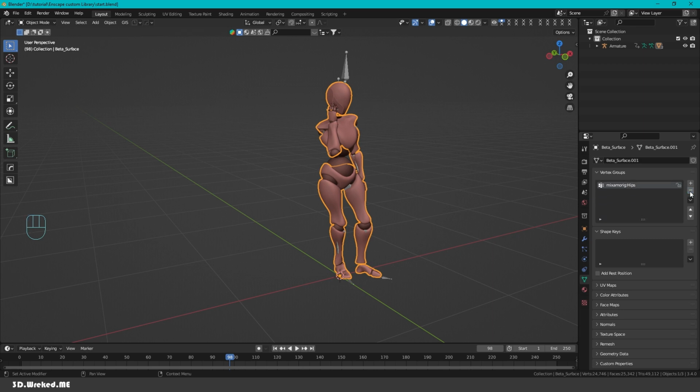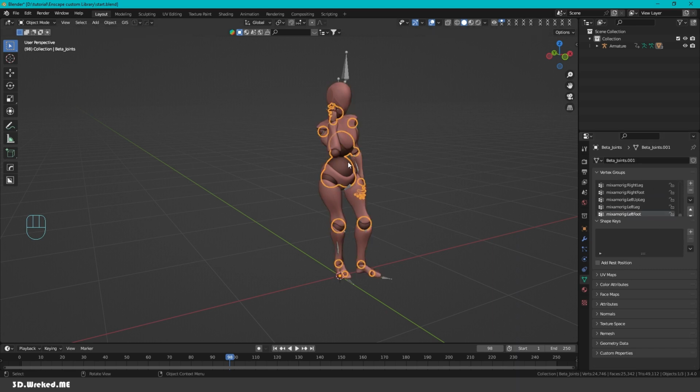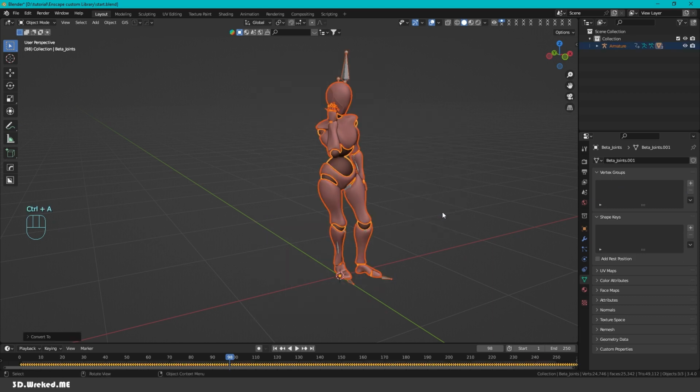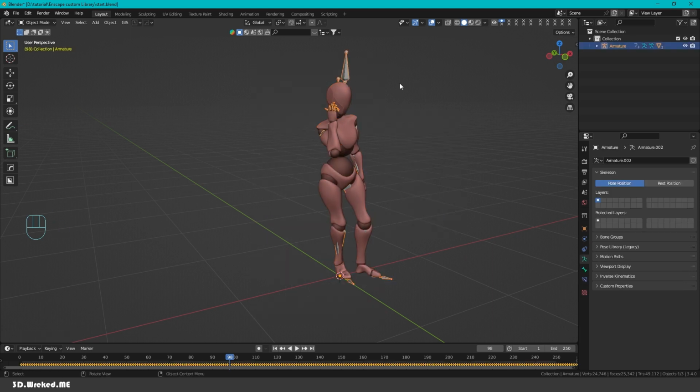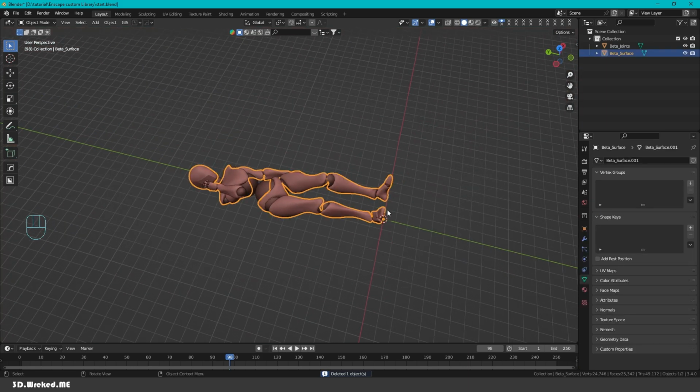If anybody knows a faster way of doing it, which I think it should be, please let me know in the comments, but this is the way I'm doing it. I'm deleting all the groups related to the animation, and now if we select again everything and the visual to geometry, we can now delete the armature, and we're gonna have